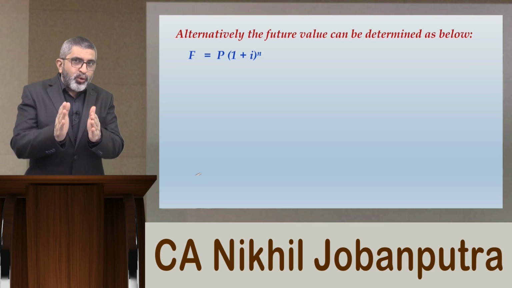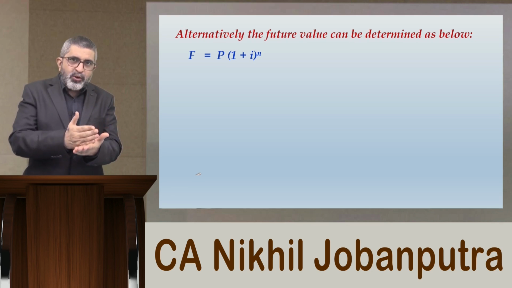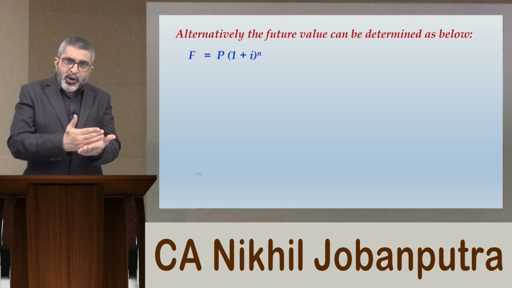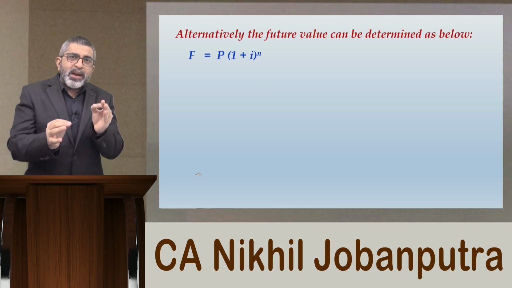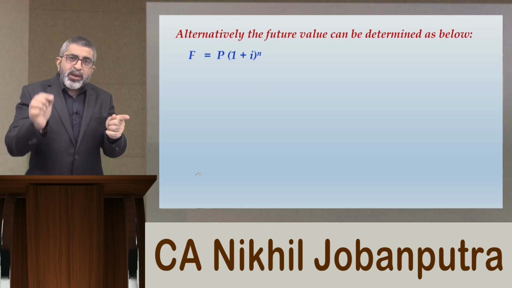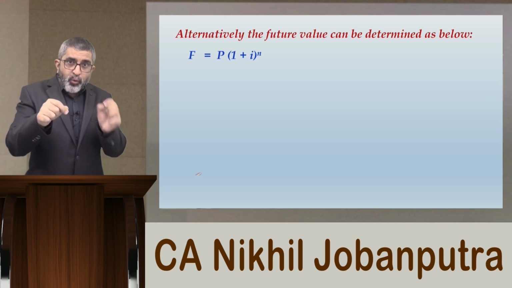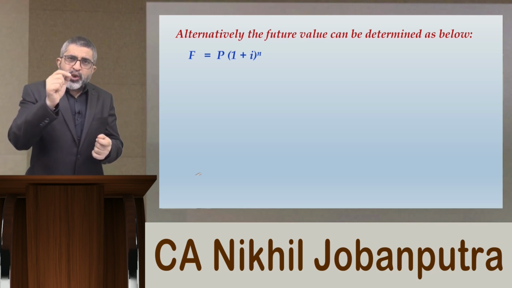So we are going to compute the value of 1.1 raised to 3, that is 1.1 into 1.1 into 1.1. When you apply your financial calculator and take 1.1 raised to 3, what you will get is